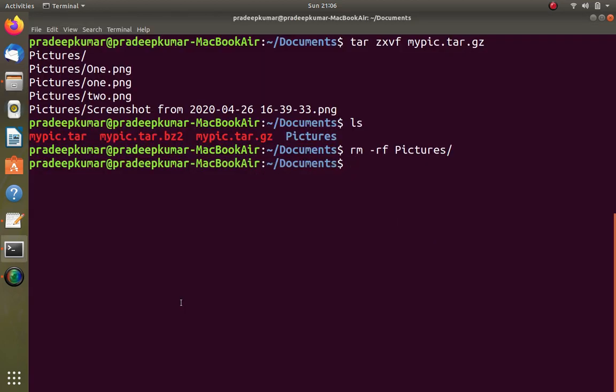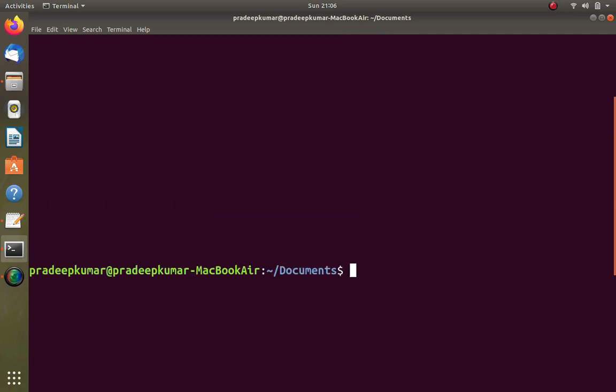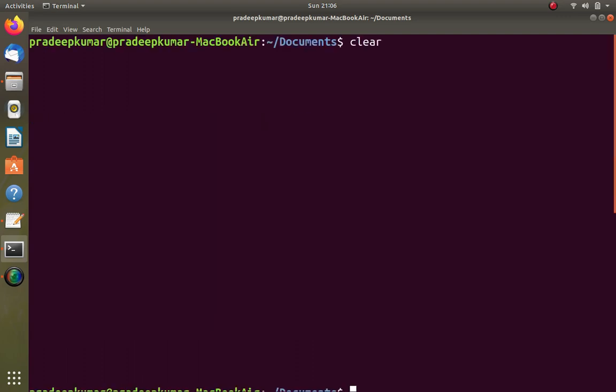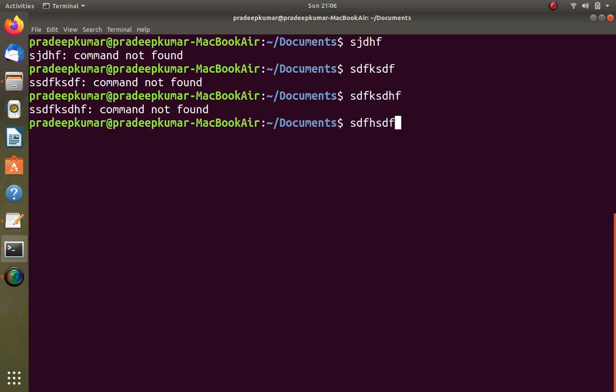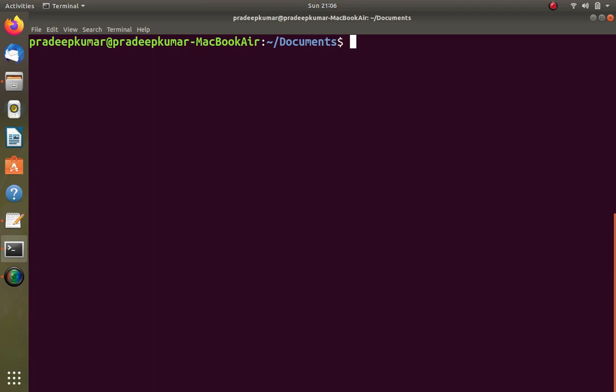So the tar command is a very big command. Okay. So now we have to clear the screen. I am usually simply using the clear command. When you bring down the cursor, you cannot see the earlier commands. Simply typing clear will take you to the top, so the screen will be cleared.